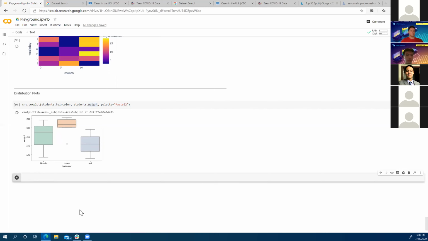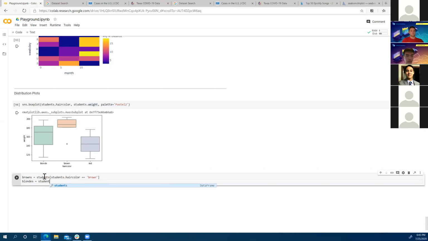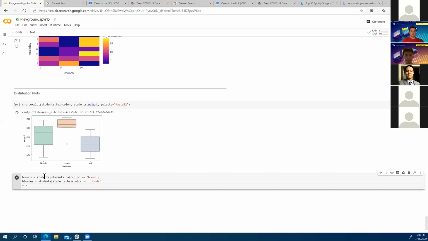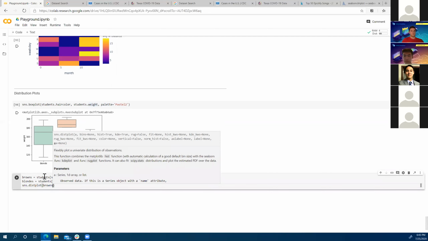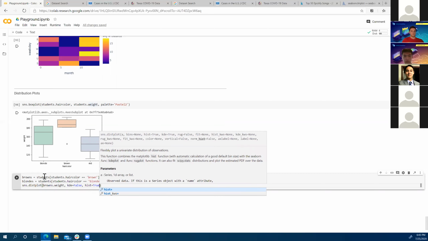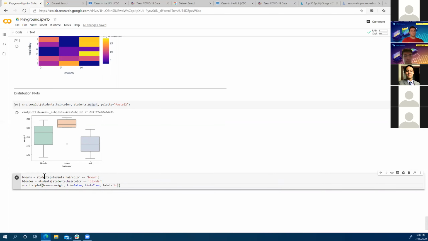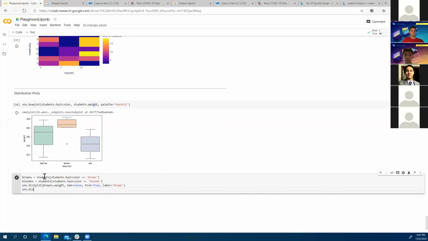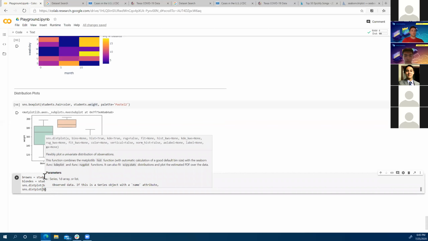Okay, so let's do a different type of distribution plot. So I'm going to write a bunch of code here. Let's actually copy this line.